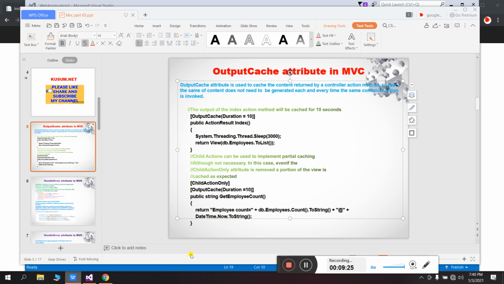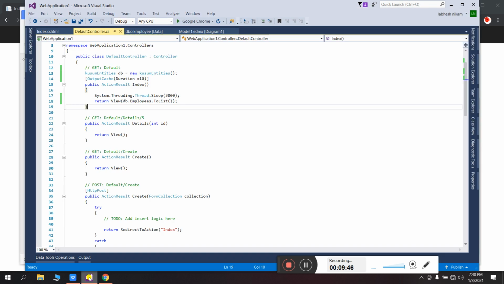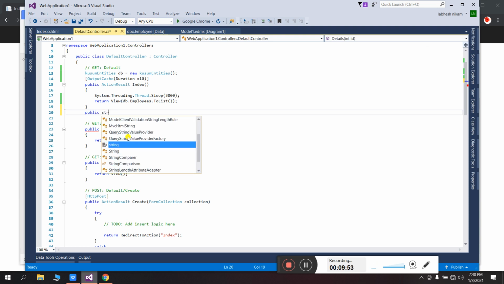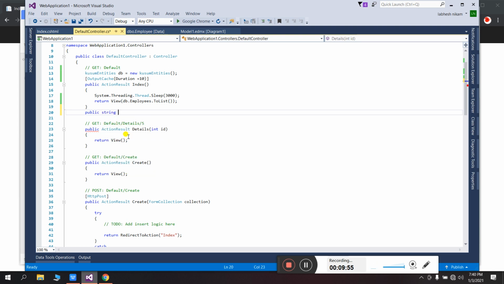Suppose I have one method named GetEmployeeCount. Okay, public string GetEmployeeCount, and that will count the employees. We'll add the ChildActionOnly attribute so that the client cannot call this method directly, and I will give the OutputCache duration of 10 seconds and return the employee count.